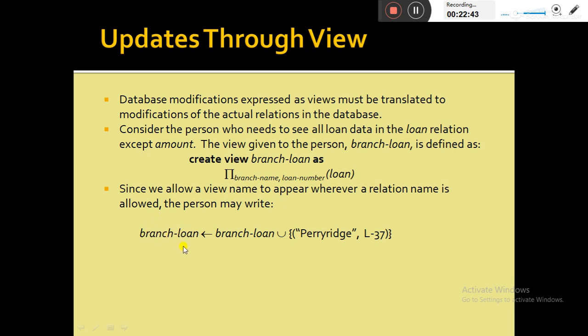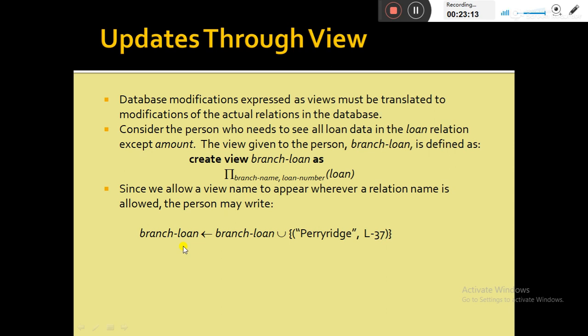Now the point is that this insertion must be represented by an insertion into the relation loan, since the loan relation is the actual relation from which the DBMS constructs the view branch_loan. However, to insert a tuple into loan, we must have some value for the field amount.